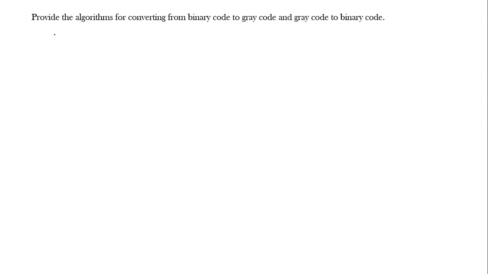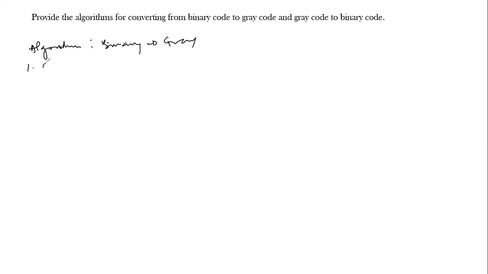So we can say the algorithm for converting between binary to gray, from binary to gray. So we already know that the left bit is the same in the gray code as